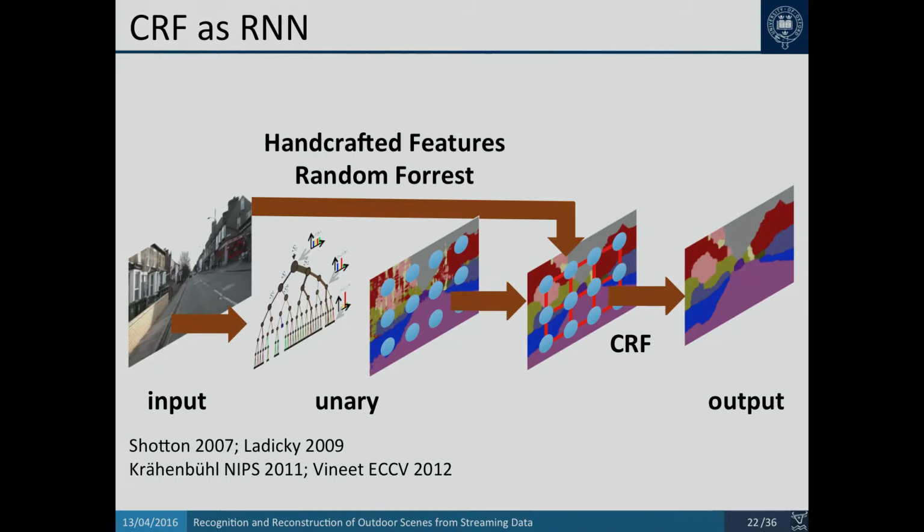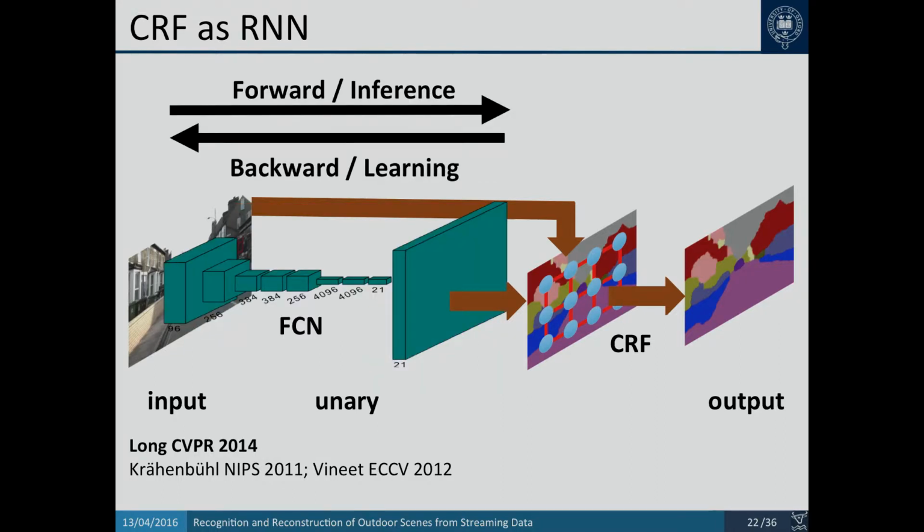So this is the standard pipeline that we used. As the first thing, you can replace the handcrafted features and the random forest by a ConvNet. In this case, we can use, for example, rich feature hierarchies by Girshick, and we will put a CRF on top of that. This is nice, but it doesn't allow you to do end-to-end learning of the whole model, which is quite useful